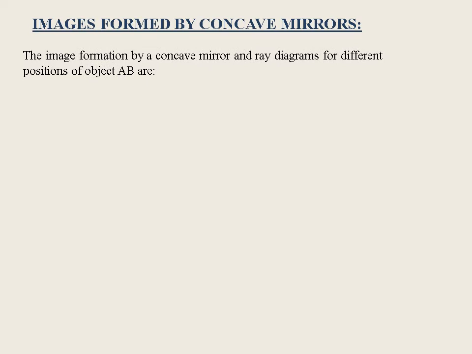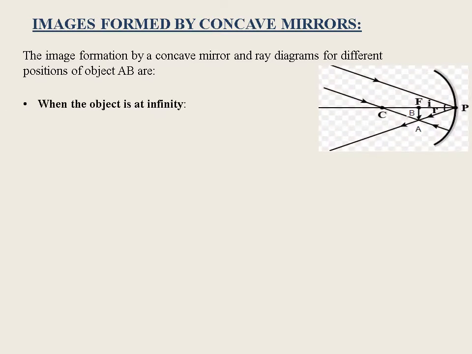Images formed by a concave mirror. The image formation by a concave mirror and the ray diagram for different positions of object AB are explained below. When the object is at infinity. When an object is at infinity or very far away, the rays coming from it are considered to be parallel to each other. Consider two parallel rays coming from a distant source,